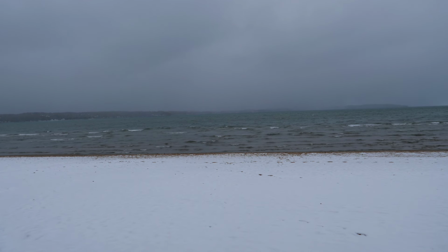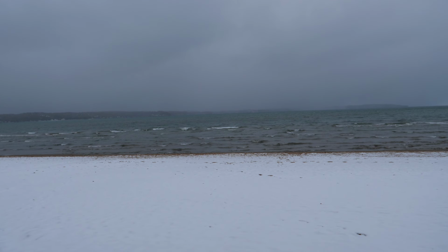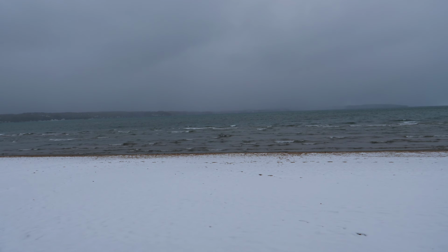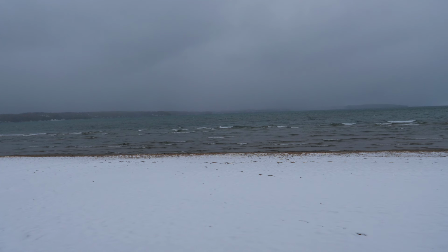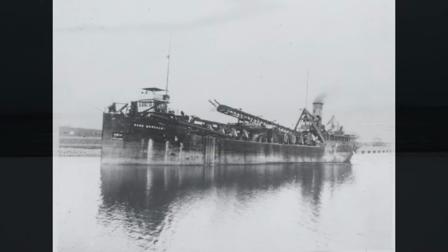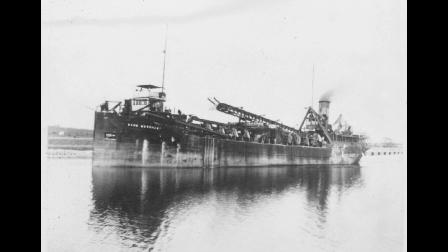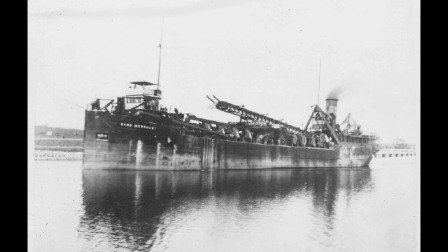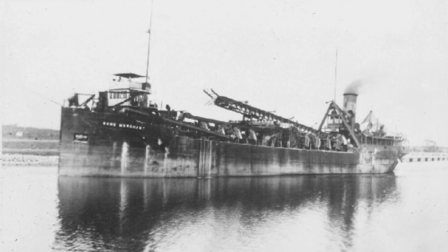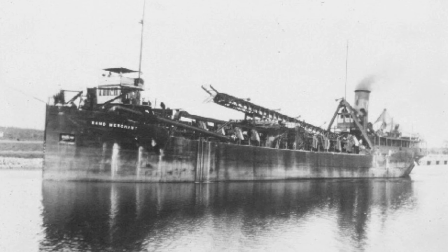The only thing that the crew members could discover about the list was possibly a mishap or damage to the large buoyancy tanks on the port side, and these would be open to the lake. The crew members operated the associated pumps, but got nowhere. If there was a leak, and obviously there was, this would be catastrophic to the Sand Merchant, and she would